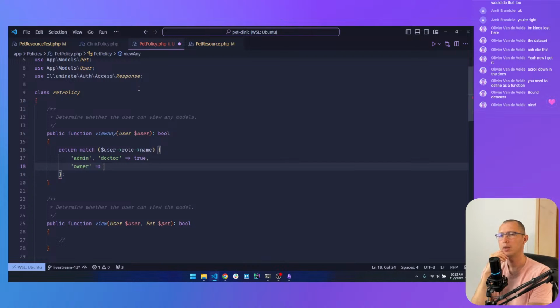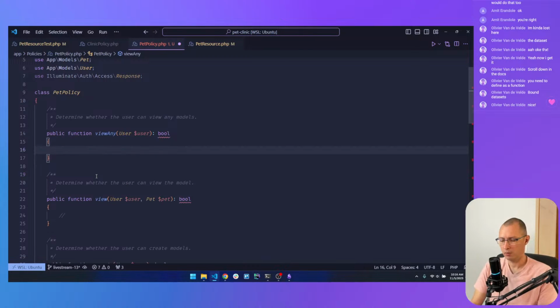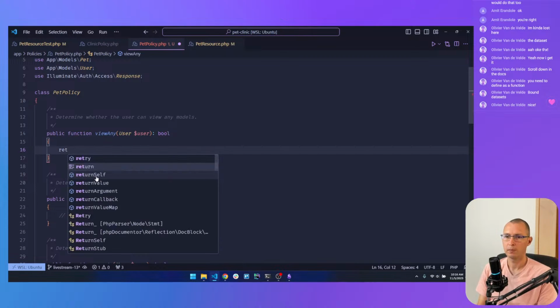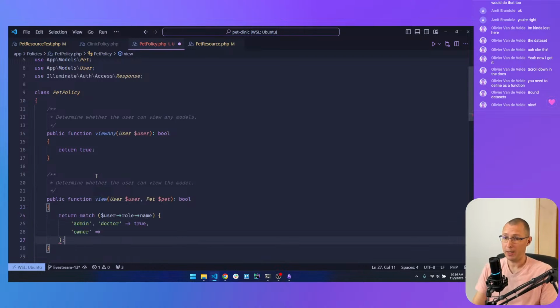We should not be using view any, just view, because I do need the pet in this case.